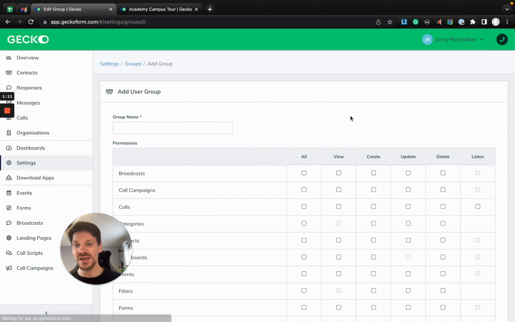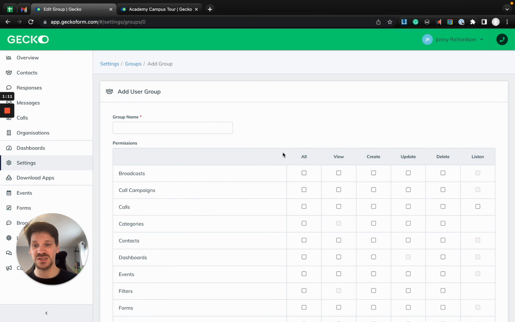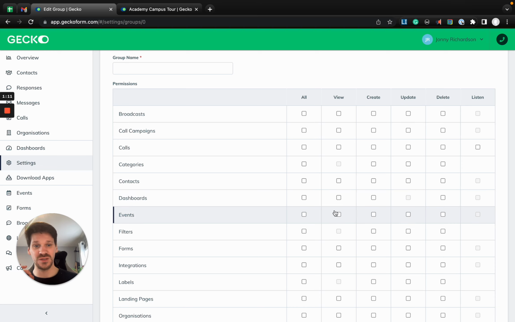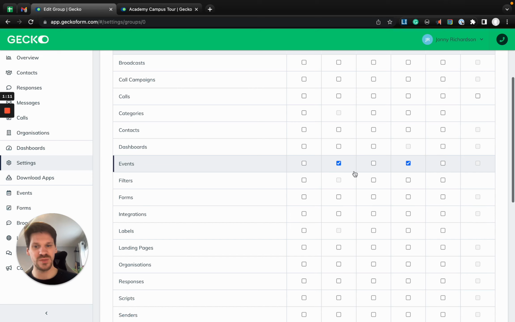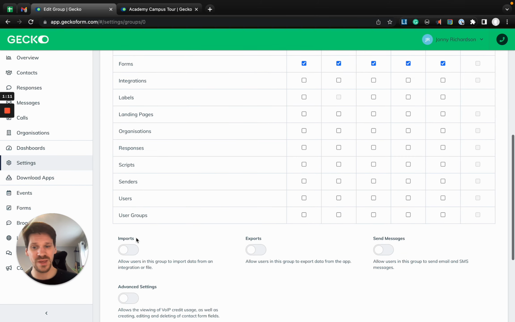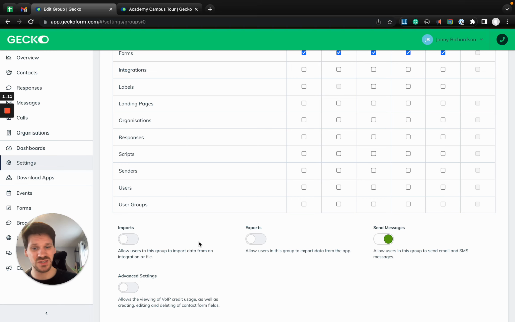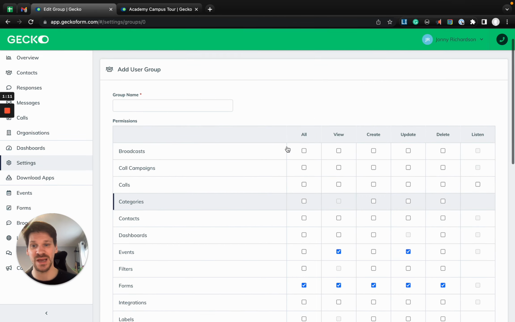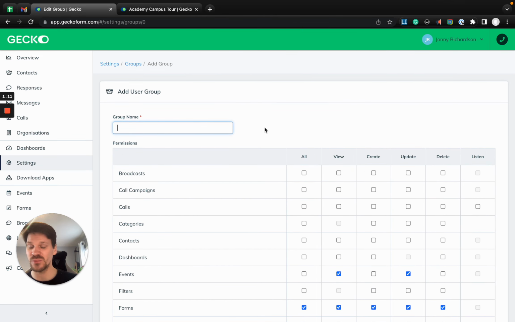Gecko gives you really granular permission-based functionality, which allows you to define what people are able to do. For example, do you want a group of people who are able to view and update events but not create them or delete them? Do you want them to be able to create forms because you want to share them, but not be able to do things like create other users? Do you want people to be able to send messages and import data into the system but not run exports? It's entirely up to you how you create these, and there's no limit to the number of user groups you